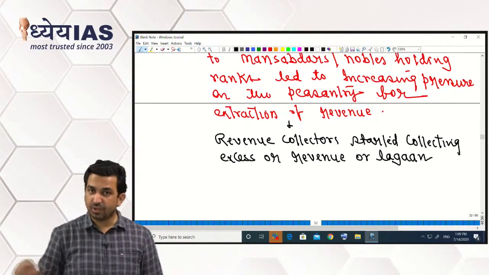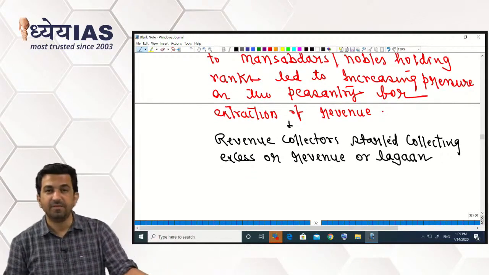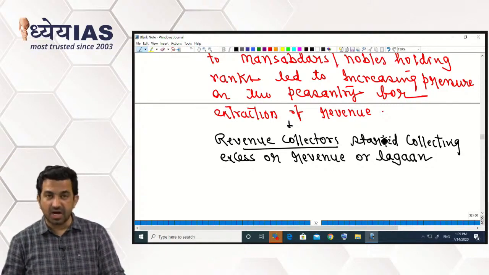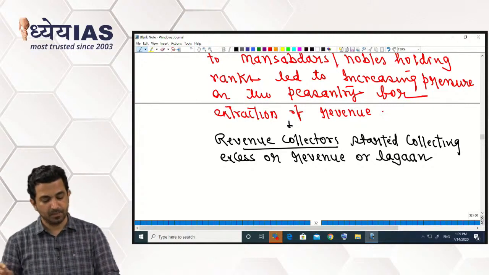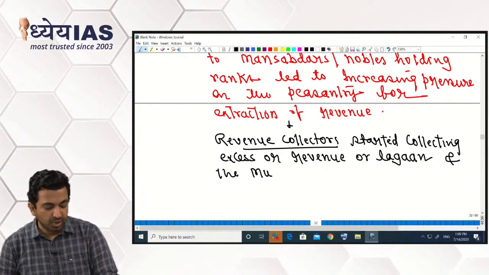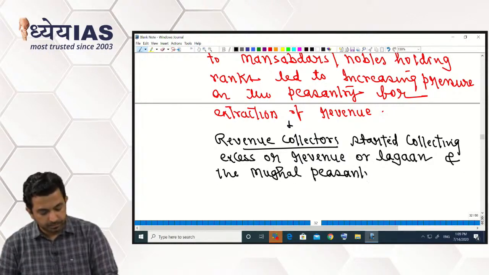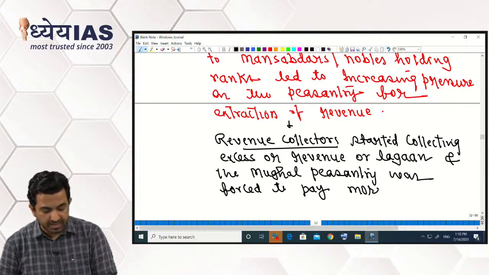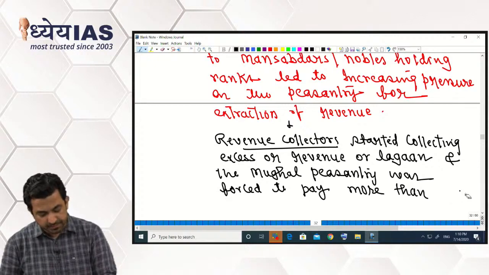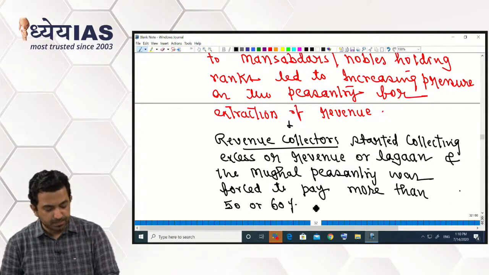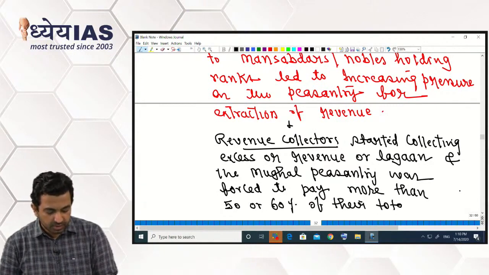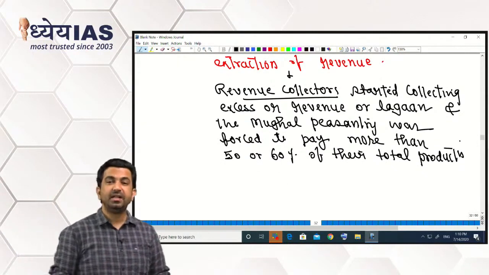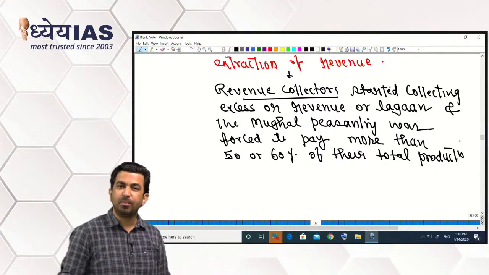Mansabdars or rank holders, big officials of the state, when they were asked to collect lagan, started collecting excess of revenue, and the Mughal peasantry was forced to pay more than 50 or 60% of their total production. यानी कि लगान बहुत ज्यादा है और लगान की बहुत बेतहाशा वसूली